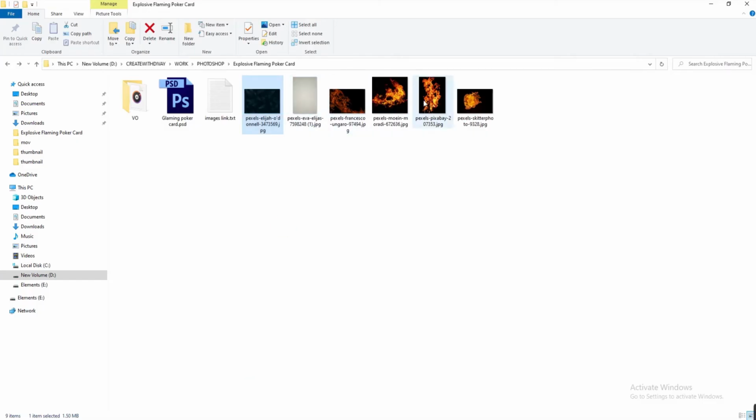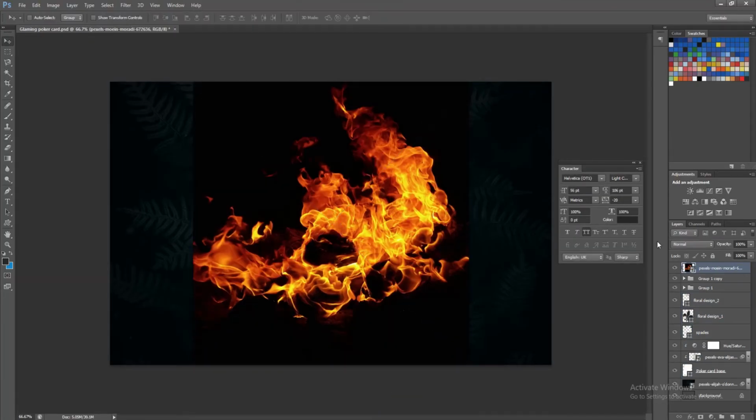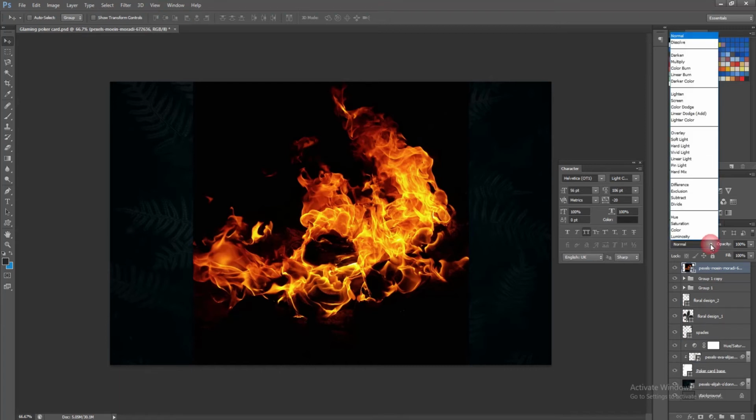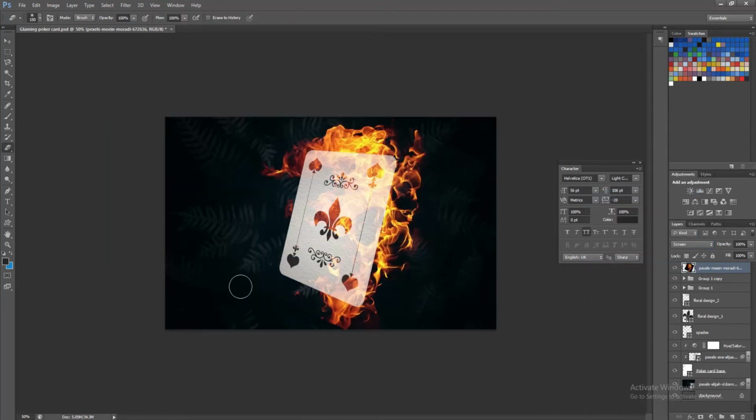Place the fire image above the poker card and change the blend mode to Screen so that it looks more realistic. Adjust the size, opacity and placement of the fire as per your requirement.